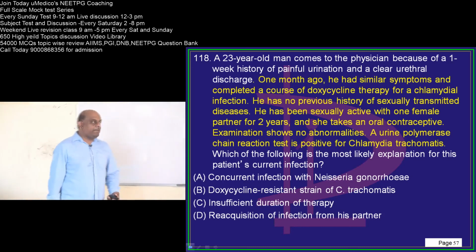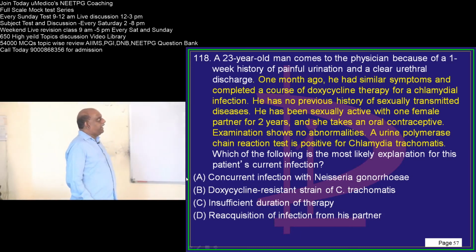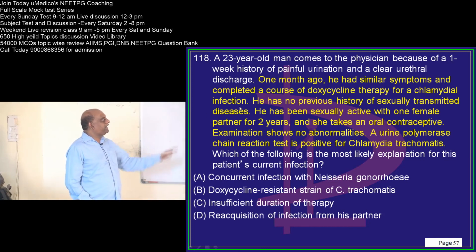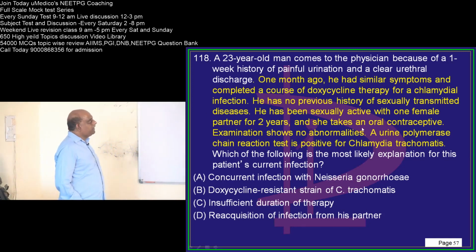A 23-year-old man, he had been on doxycycline therapy for a chlamydial infection. He is only having single part